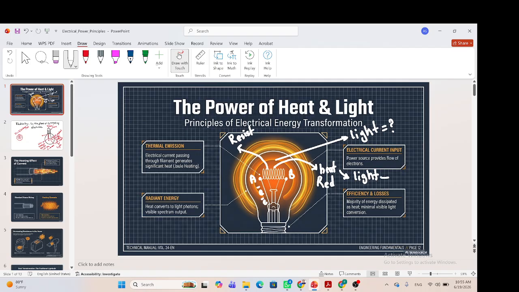But how this heat changes to light is a specific discussion in physics called the spectrum. That spectrum is very difficult, and there is no need to discuss it right now. The heat produces the spectrum, and the spectrum changes it to light. But the main purpose of today's lesson is that at this point we have a specific metal, and that metal produces resistance against the current of electricity, and this resistance produces heat and produces light inside the lamp.